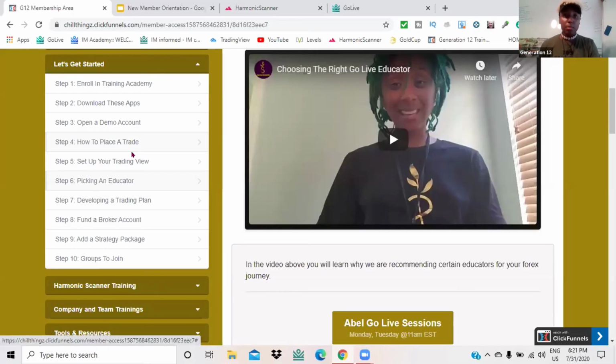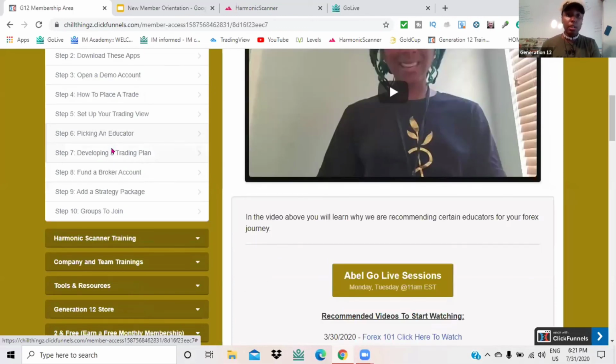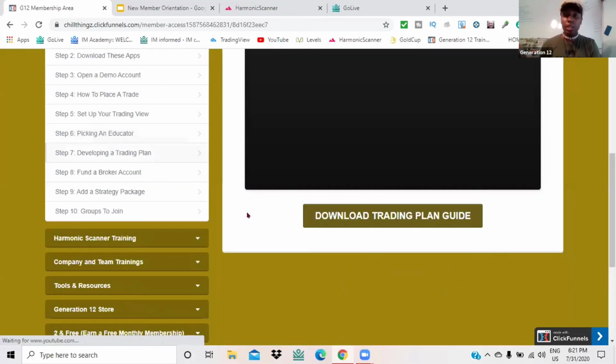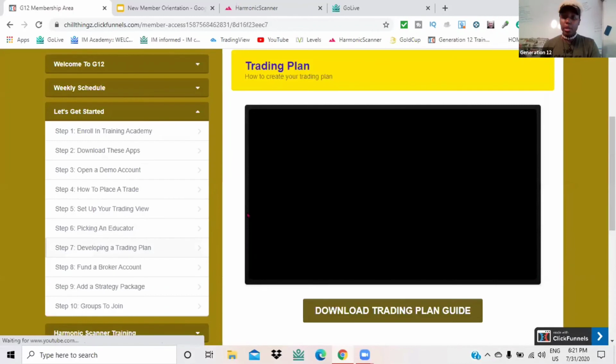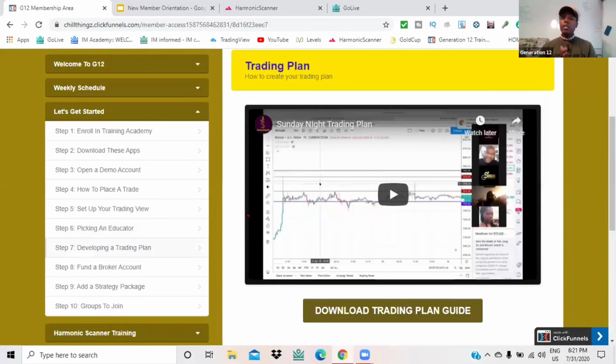All right, so that is step 6. So step 7, very important step, very, very important. This is all about your trading plan. A trading plan is like how you would have a business plan if you were starting a business. That's what your trading plan is like, because this is something that you really have to take seriously. So you need to know what times of day you're going to trade, why you're trading it, which pairs you are going to trade, what strategy you are going to use, and then you stick with it. You stick with it.